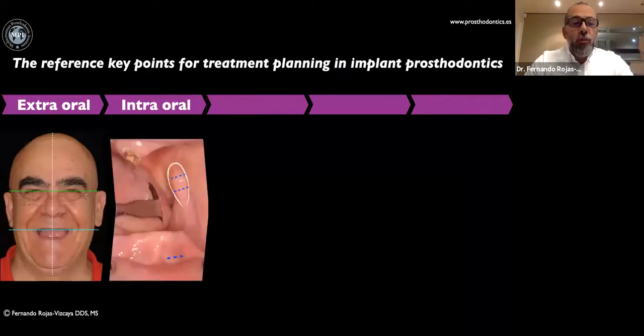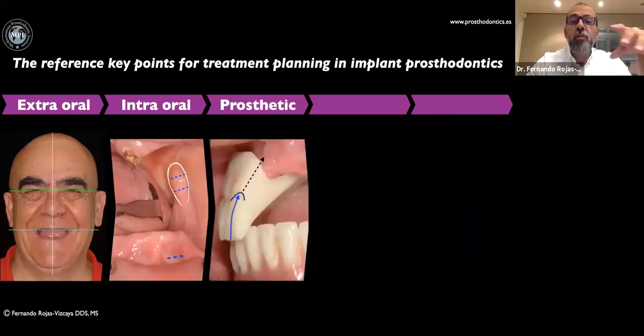This is just an overview. We will check for the extraoral information on the face of the patient, all these lines, and we will mix them with the points of reference internally, intraorally, that remain stable. Using these points, we determine what the new teeth are. So we need to fix in the treatment plan, in a complete denture or in a wax-up or in a template, where the new teeth are in the space, because I need to produce the correct smile